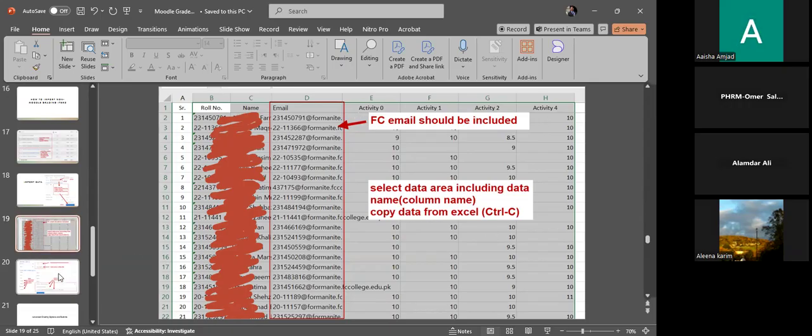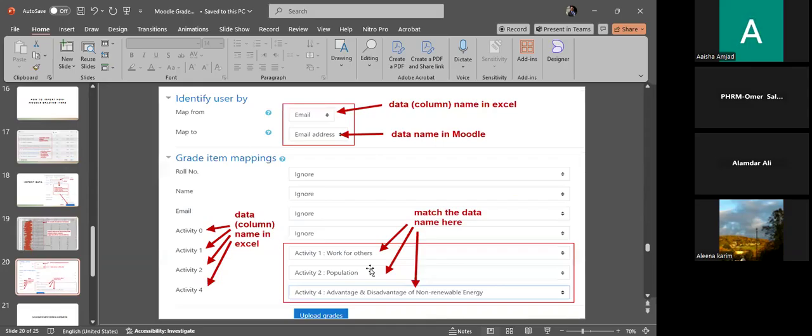So what you have to do, you have to look into their email addresses, that is how Moodle will map the data from the email addresses, and then ignore the roll number, ignore the name, ignore other things, and then you have to create a mapping system for Moodle to upload the data,